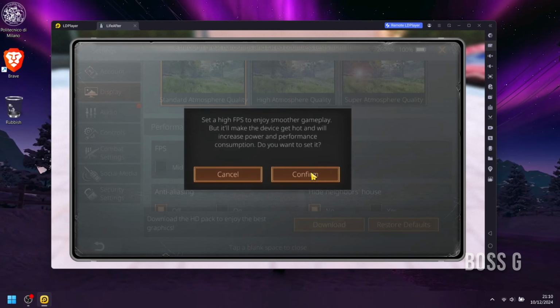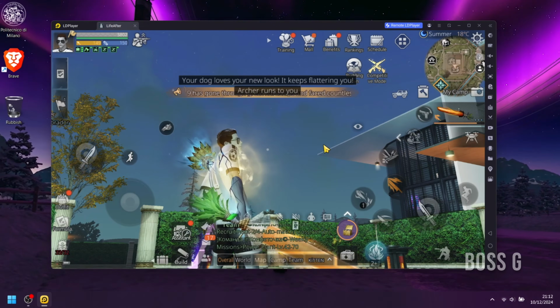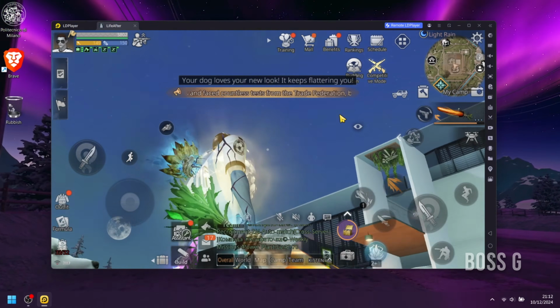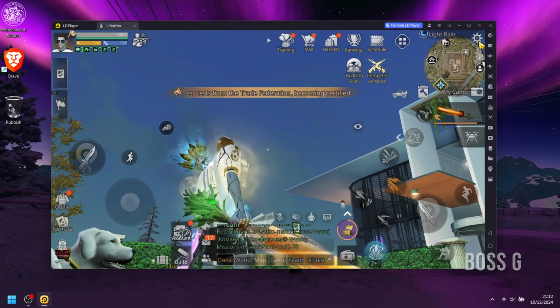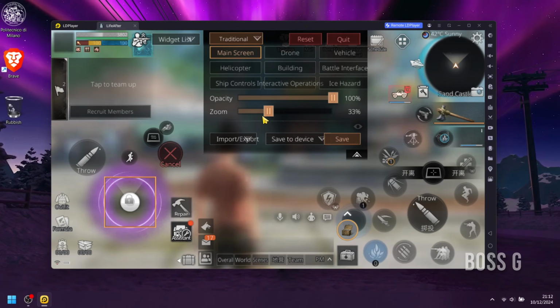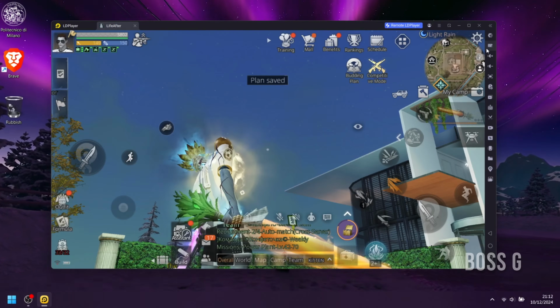Next, we want to set the FPS to the highest. When you're playing a game on an emulator, the idea is to set all the relevant keys to the edge of the screen, giving a simpler and better visibility of the game. Now let's start with our first key, the direction to walk and run. Keep this button small and transparent and on the left half of the screen. Save it and open keyboard mapping.